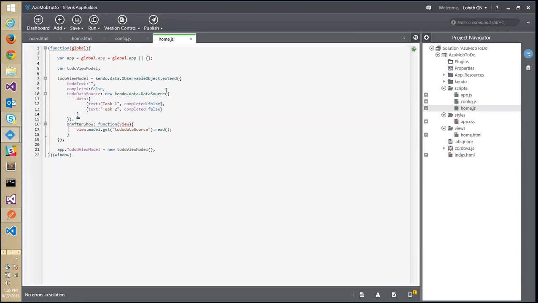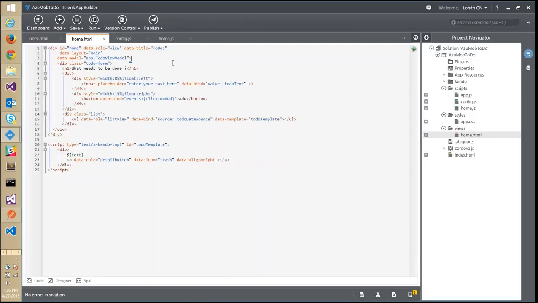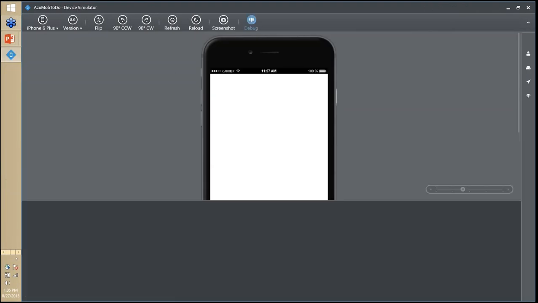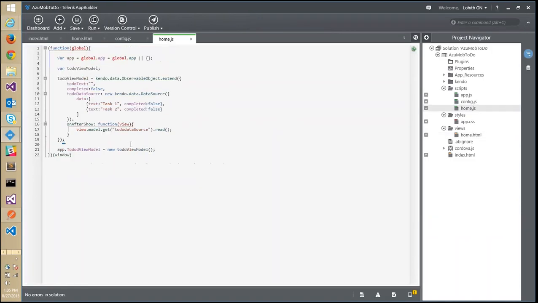I'm just showcasing how we can do these things easily with Kendo UI. And we need to come back here and then say data-after-show is equal to app.todoViewModel.onAfterShow. So after the view is shown, I want you to go and then, okay, I missed something. So let me check where todoViewModel, this onAfterShow,